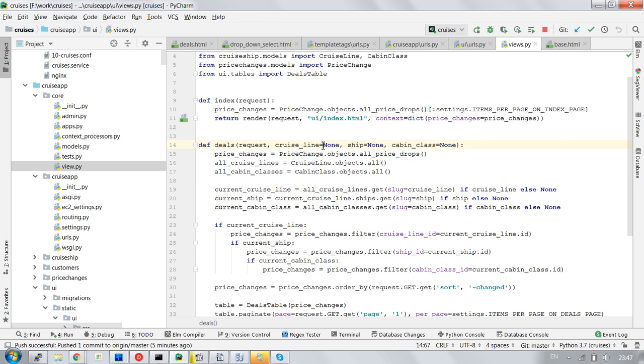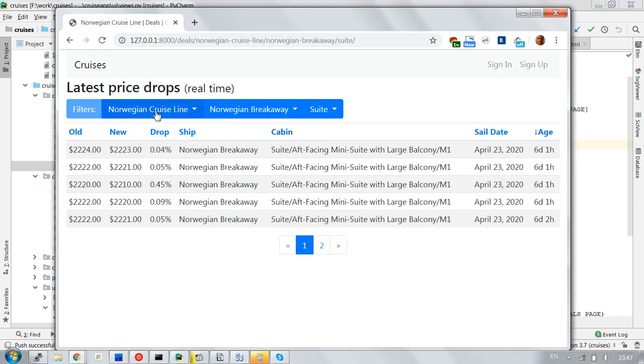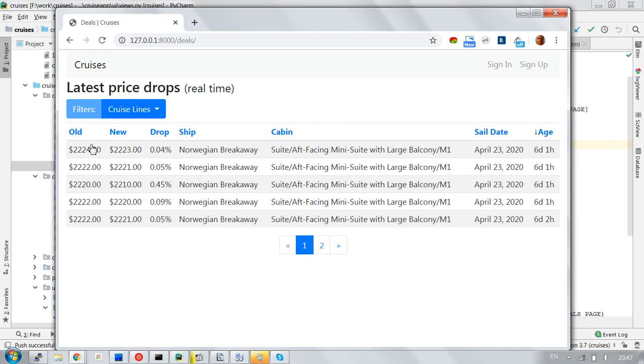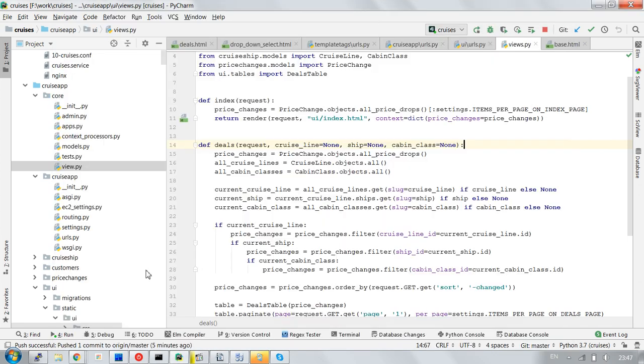If no cruise line or ship or cabin class are specified, then we will see the unfiltered deals page. If cruise line is specified, then